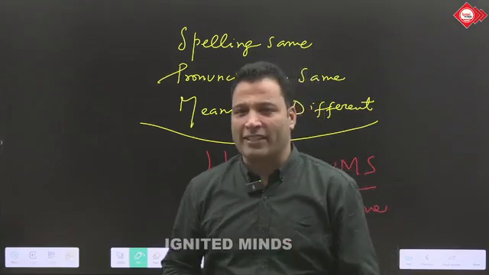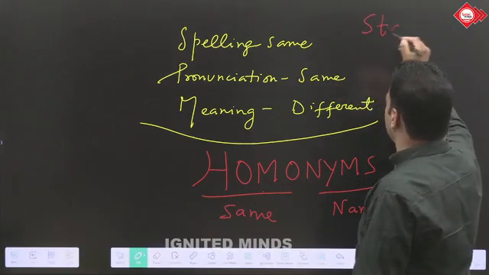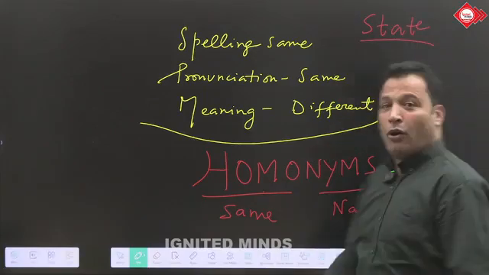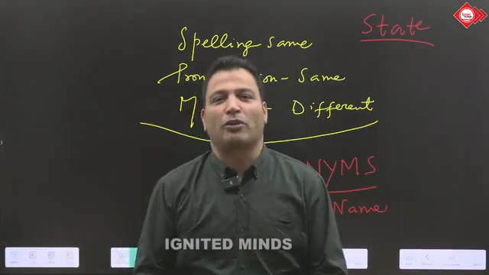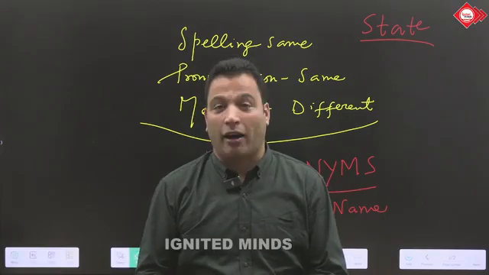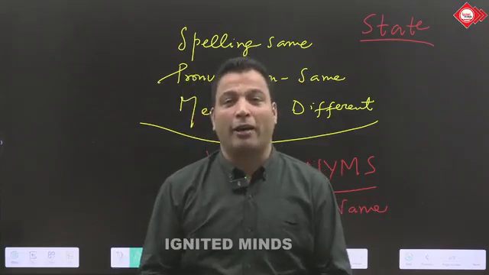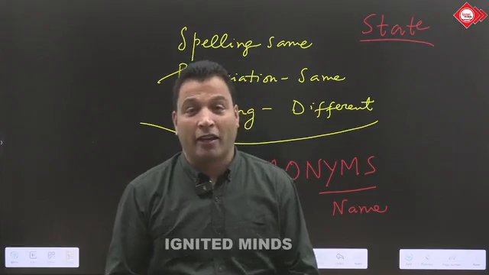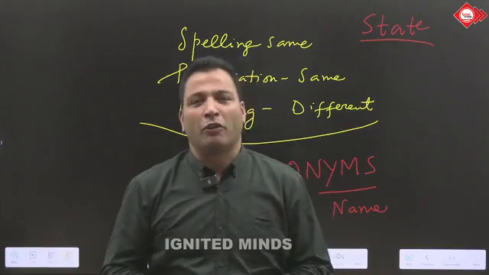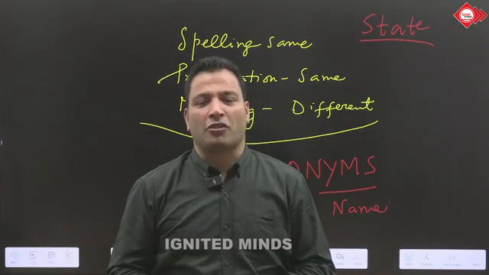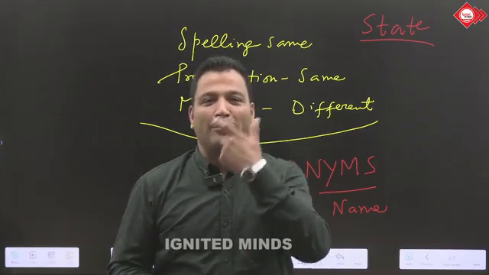Can we take one more example? Yes, we can take one more example. We have a word, state. Now, I can say water is in liquid state. Be correct about the pronunciation of the word WATER. मैं साथ साथ pronunciation को टच करता रहता हूँ क्योंकि मुझे पता है कि हम आम इंग्लिश में गलतियां कर बैठते हैं, खासकर उन वर्ड्स के साथ जो हम यूज में लाते हैं डे टू डे लाइफ में. We read it as water. Its pronunciation is water, water, water, and you have to keep your lips round.